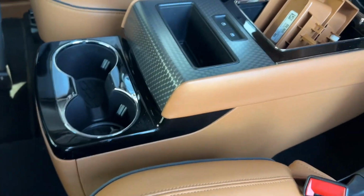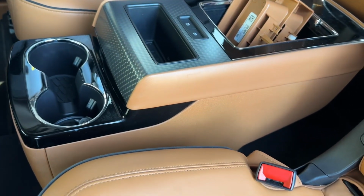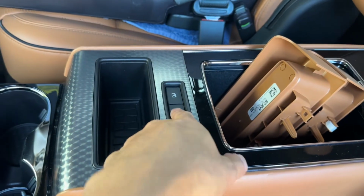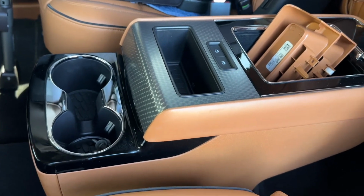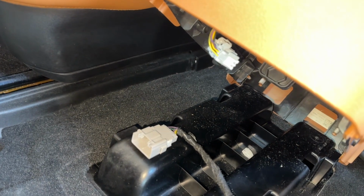So I'm going to put it down, and it looks like it's pretty much loose now. It's not attached, but you don't want to rip it right out, because there's probably an electrical harness to power the lights back here, as well as the sunroof shade. So I'm gonna put it down, and let's see what's underneath. If you see right here, underneath looks to be just one cable, and I'm gonna unhook that, and it should pull right out. Okay, so I unhooked it,